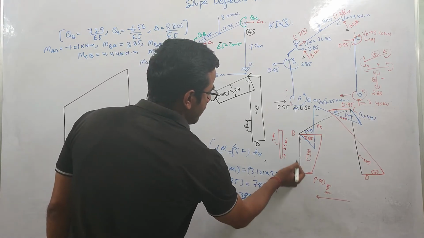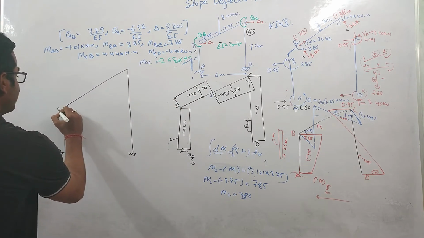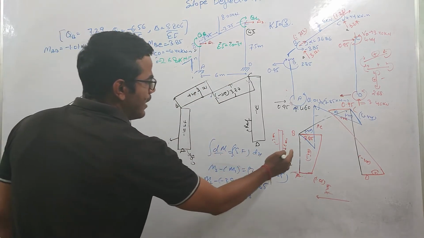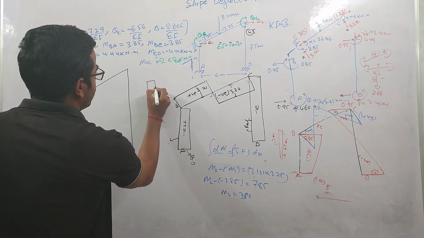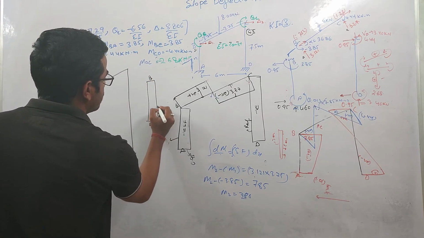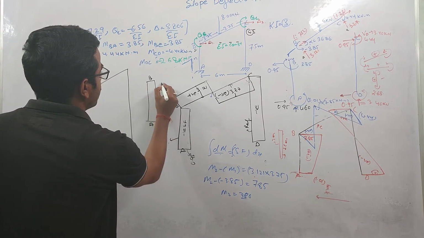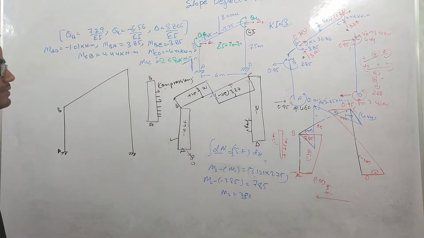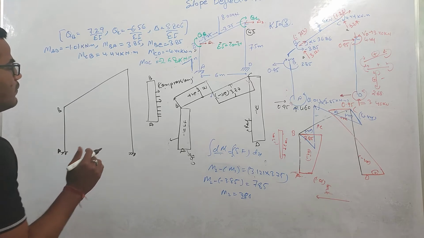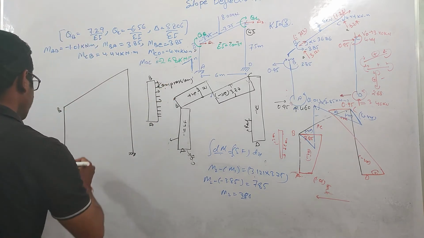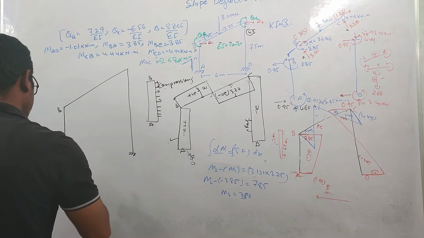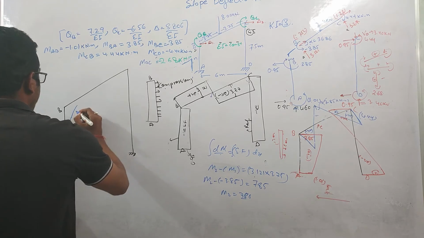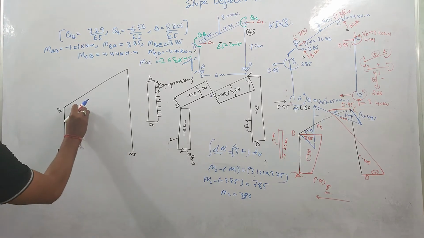So now let us come to this member AB. You can see that the bending moment diagram is drawn towards the compression side. So by looking at this bending moment diagram, I can say that if this is the member BA, this face will always be in compression, right? So if this face is in compression, it will deflect like this. At this A, the slope is basically 0. We need to maintain the boundary conditions also, right?